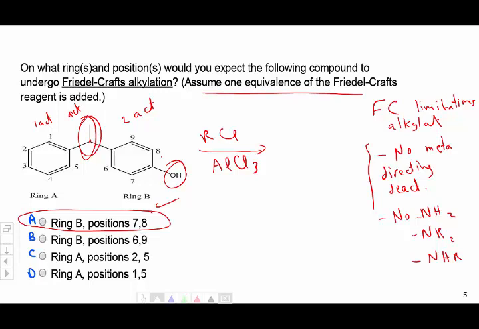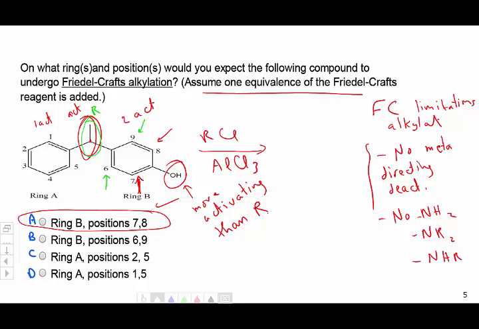Now between 8, 7, 6, 9, which is the most activated? We know that R groups, on the reactivity chart, are ortho and para directing, and the OH is ortho and para directing. So in other words, the OH and the R are pointing to opposing positions. Which one is going to win? The most activating. According to the reactivity chart, the OH is more activating than the R group. Which makes position 7 and 8 on ring B the ones that are going to be